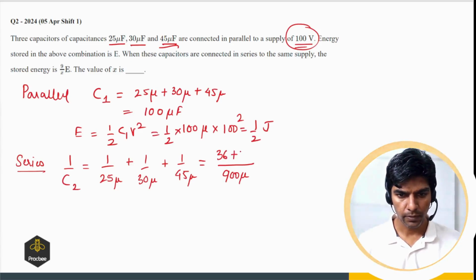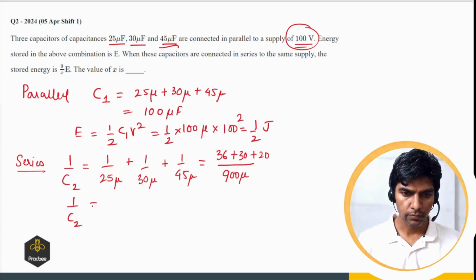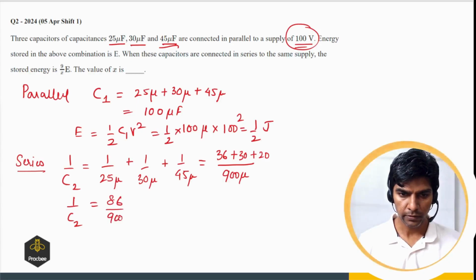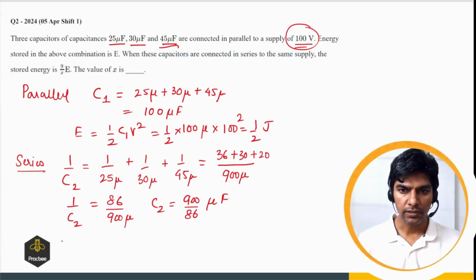Plus 30 plus 45, so that will be 20. So 1 by C2 comes out to be 50, and this will be 86 upon 900 micro. So C2 comes out to be 900 upon 86 microfarad. So the energy is given as 9 by X times E, which is 1 by 2,